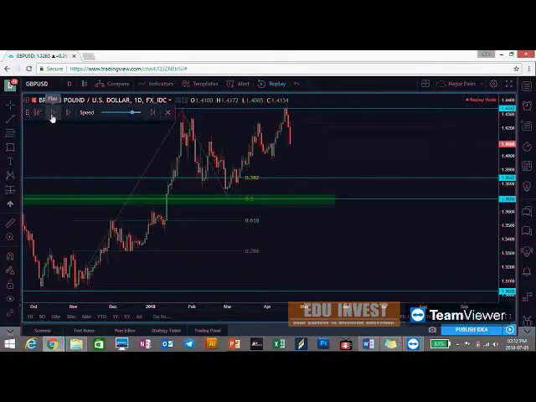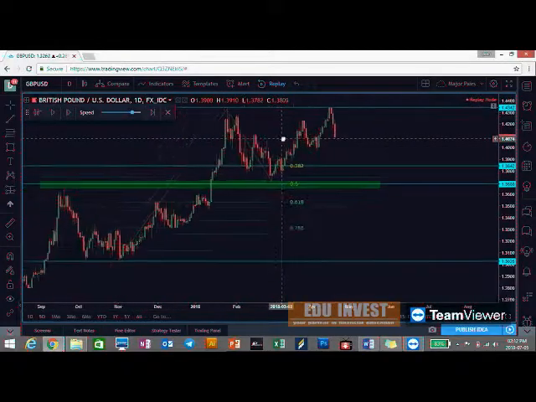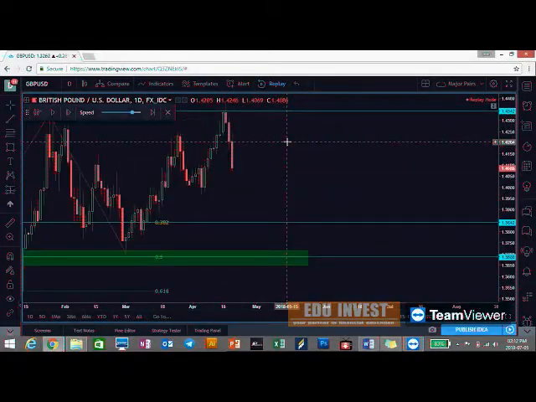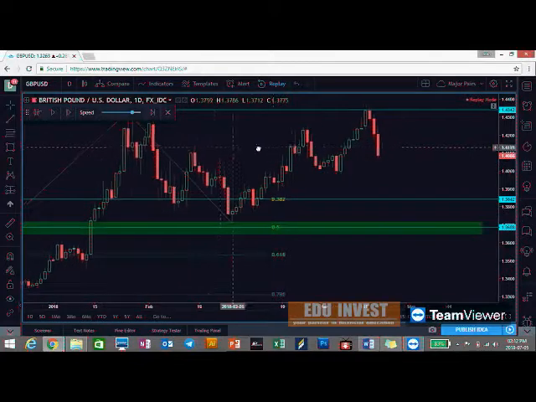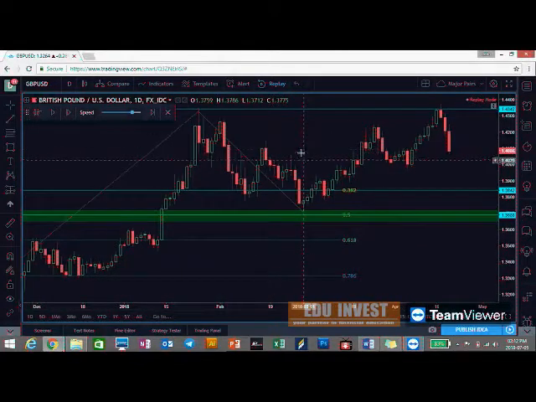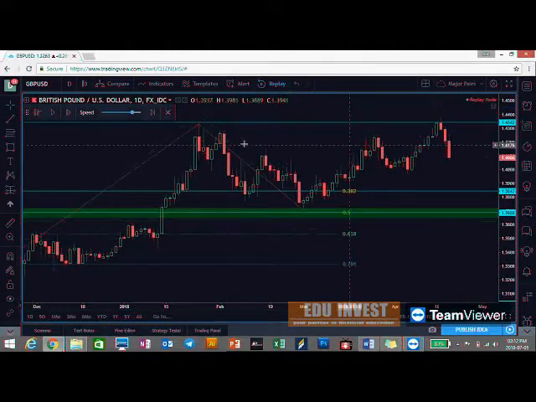Okay, now I want you guys to notice something. Something took place over here, and I want to highlight this by zooming in, and I just want you guys to see what took place. If you look carefully, what you'll see is that the market has tested this level over here, which is 34.42, let's say 34.40. The market has found the resistance over here, retraced to the 50 fib, and then has